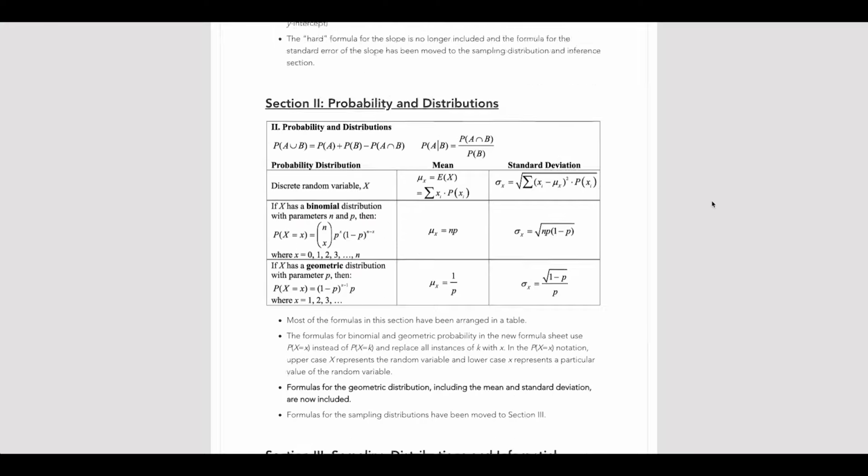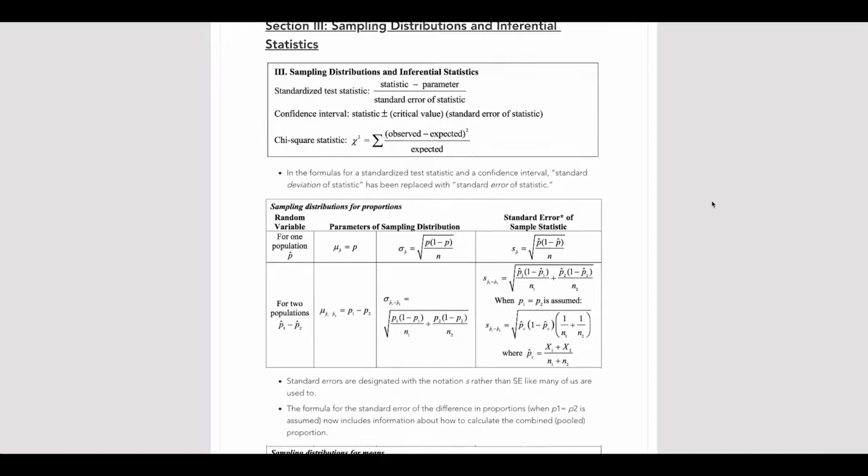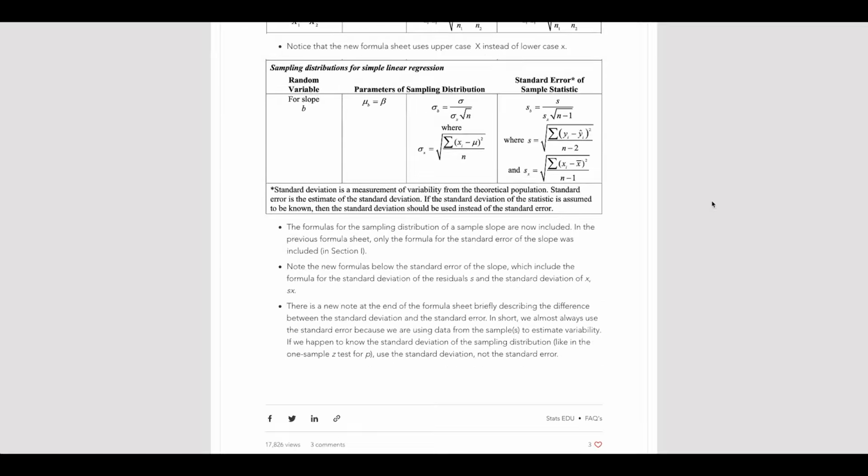By creating this sort of mental map, you form a bit of a cheat sheet for yourself so that when you see the formula sheet come test day, you'll think about the different practice problems that you've already solved in the past related to this particular concept. If you want to check out how one professor annotated his AP Stats formula sheet, be sure to check out the accompanying article in the link in the video description.